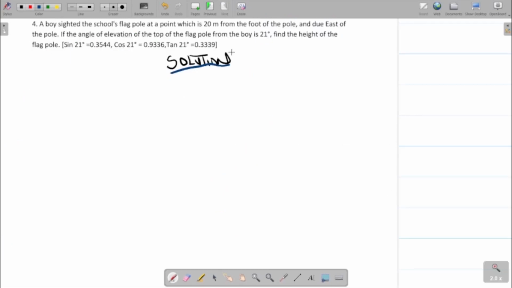The question says that a boy sighted a school's flagpole at a point which is 20 meters from the foot of the pole, and to the east of the pole. If the angle of elevation of the top of the flagpole from the boy is 21 degrees, find the height of the flagpole. Let's assume this is